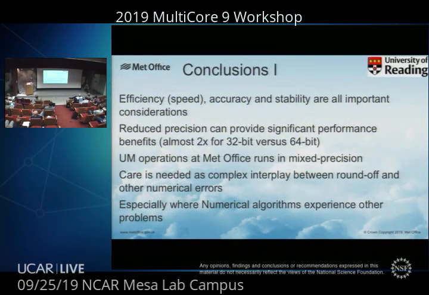So in conclusion, for the first part of the talk, for the first solver: efficiency, speed, accuracy and stability are all important considerations for a numerical algorithm. Reduced precision can provide significant performance benefits, almost a factor of 2 going to 32-bit. The unified model in operations at the Met Office runs in mixed precision because it is almost twice as fast, but care is needed as the complex interplay between round-off and other numerical errors